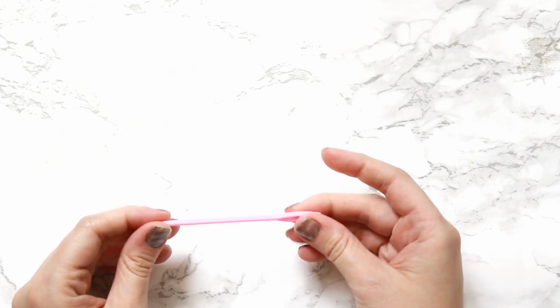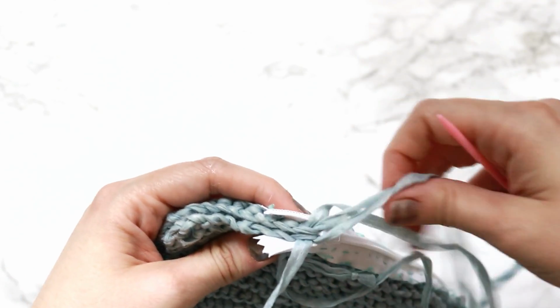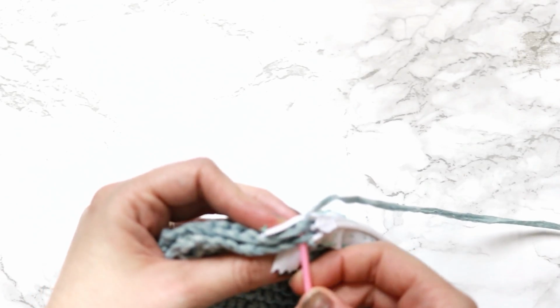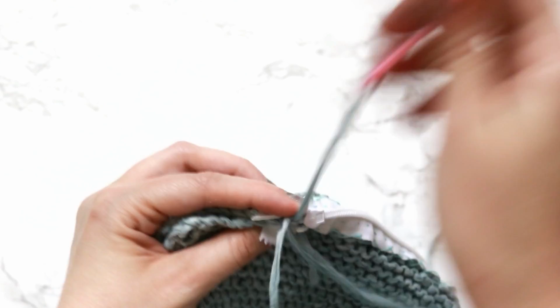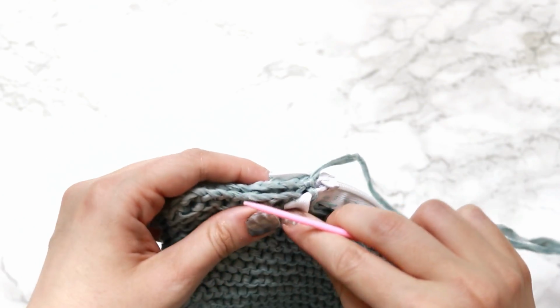For this, I'm gonna grab a bigger needle because I'm gonna use the actual yarn that I used to create everything to join it together, and you can go stitch by stitch and just sew it together. And both panels should have 68 stitches, and both panels should have 138 rows. So if you pay attention, you will be able to match stitch by stitch